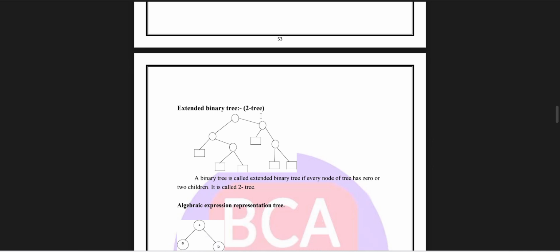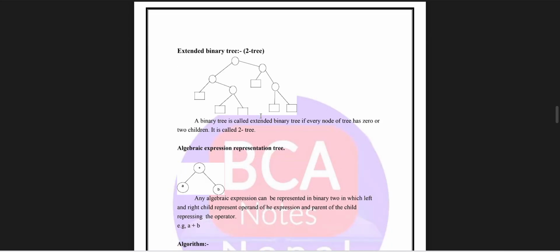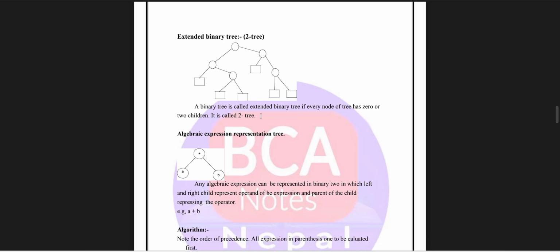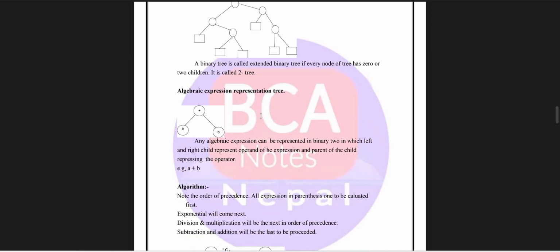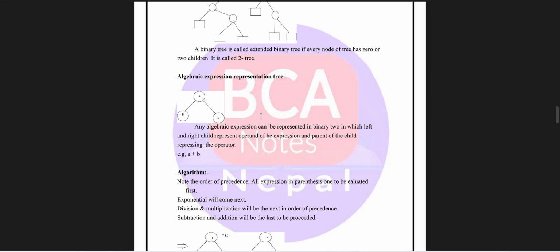if every node of the tree has either 0 or two children; it is also called a 2-tree. Algebraic expression representation tree: an algebraic expression can be represented in a binary tree in which the left and right children are the operands in the expression and the parent of the children represents the operator. Note the order of precedence: all expressions in parentheses